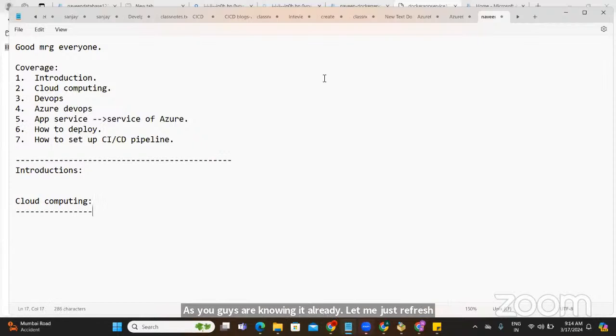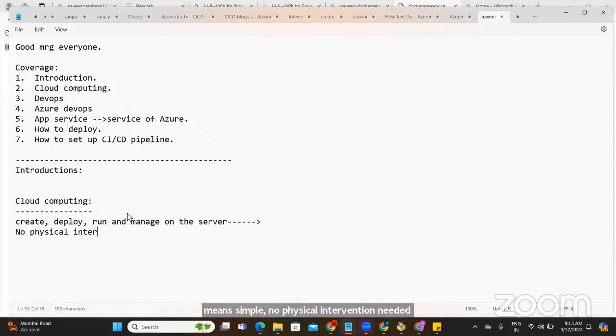It is something where we can create, deploy, run, and manage everything on top of a server. That means, simply, no physical intervention is needed.